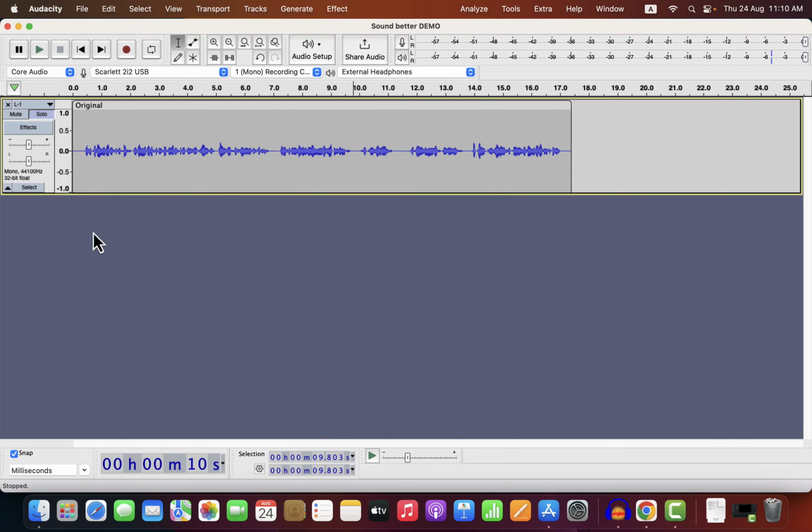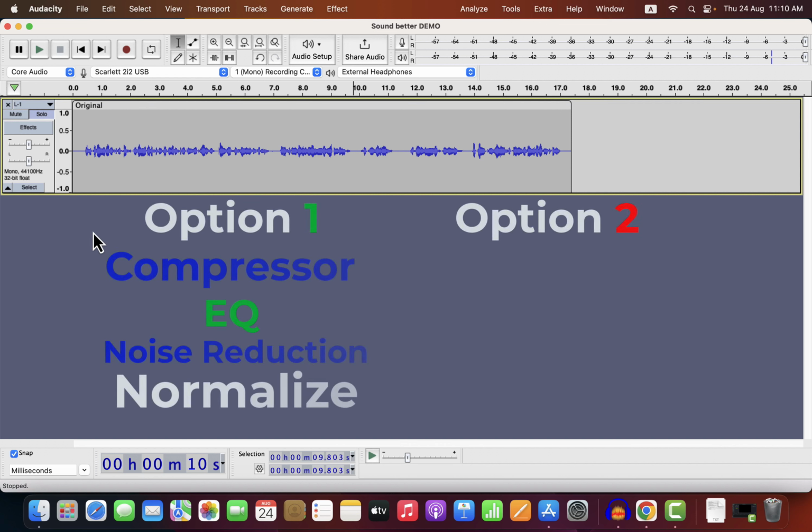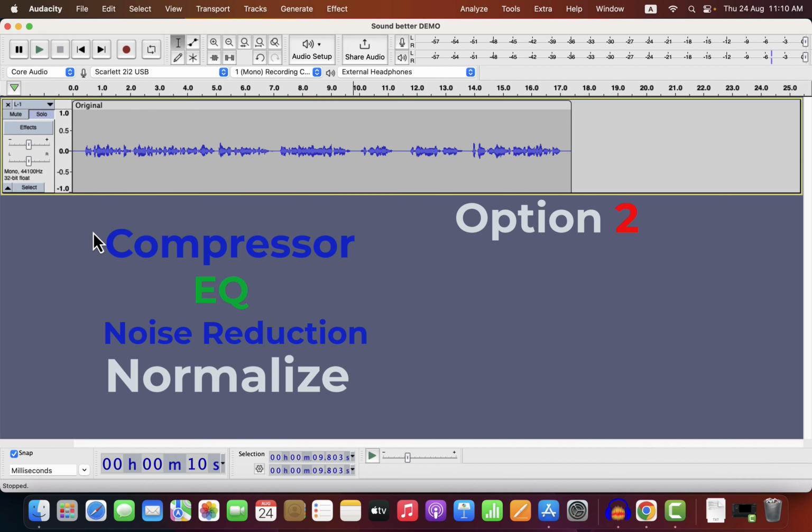If you want to make your voice amazing, follow some simple steps in Audacity. There are a couple of options. Option 1 is to apply these 4 effects. One of these effects may have to be applied twice, and the order of effects matters. I will show you in detail the correct order of effects, which effect to apply twice, and how to configure